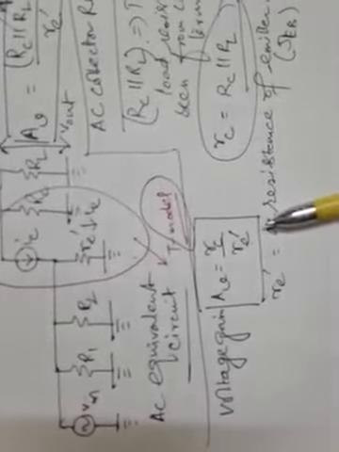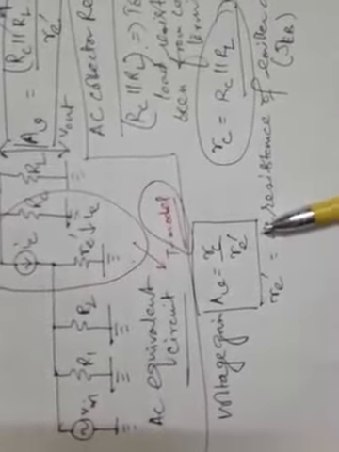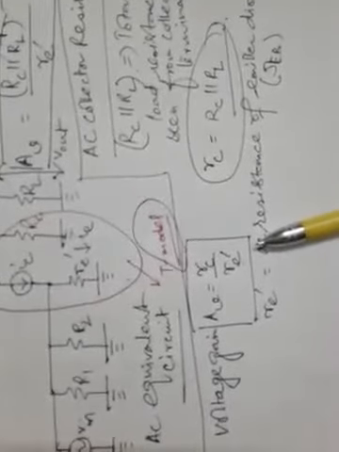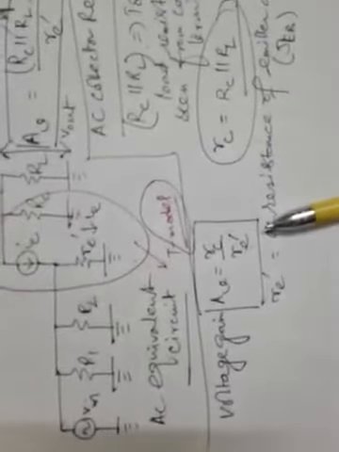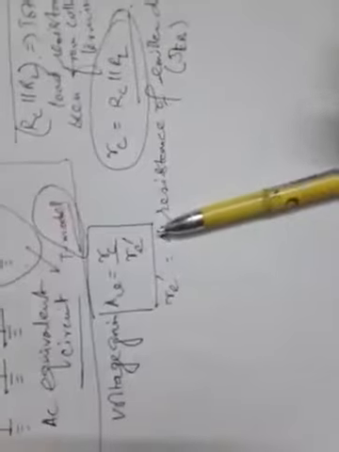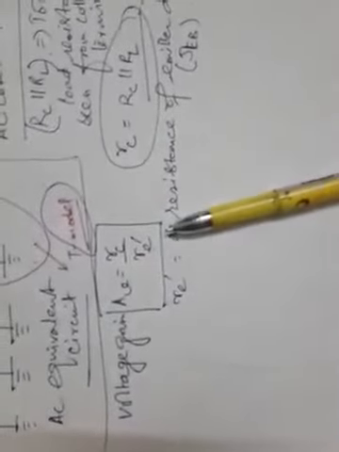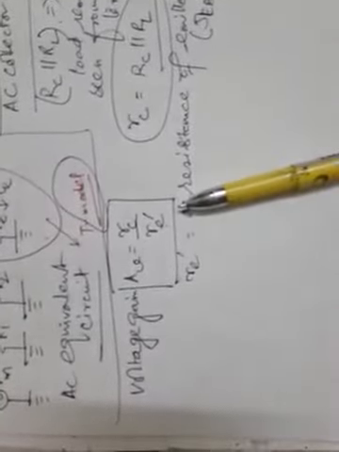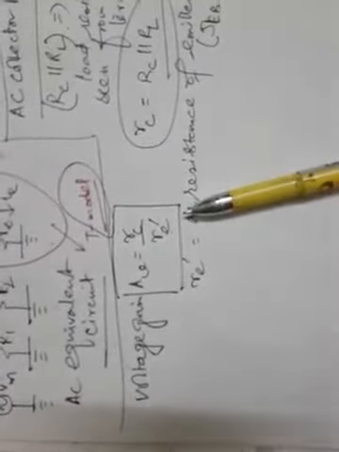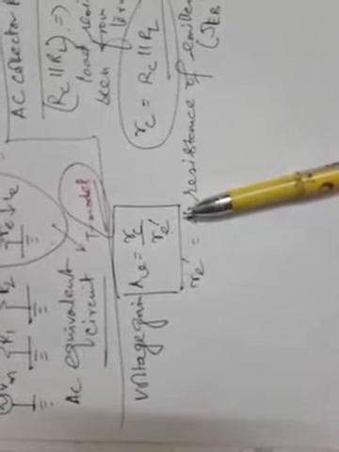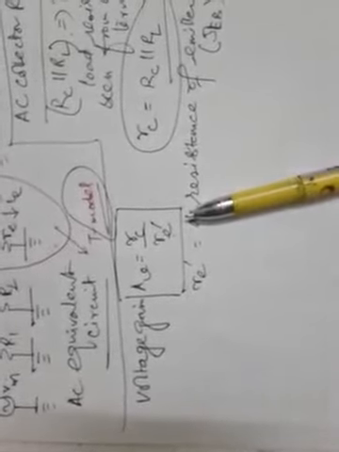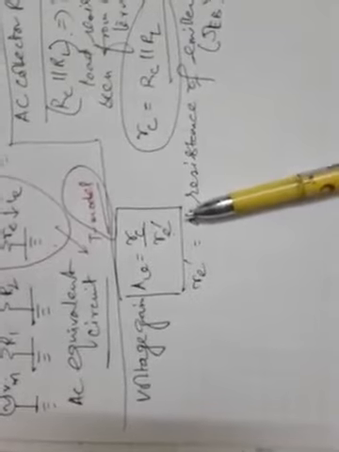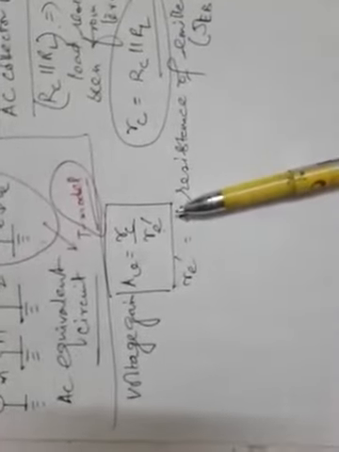So now let us see how these expressions can be derived using the T model. We have till now discussed the pi model and seen how to derive all this. So let us see, either transistor model will give you the same result, obviously. So later on we will be using the T model also when analyzing the other type of amplifiers. So let us derive now the equation for voltage gain using the T model.